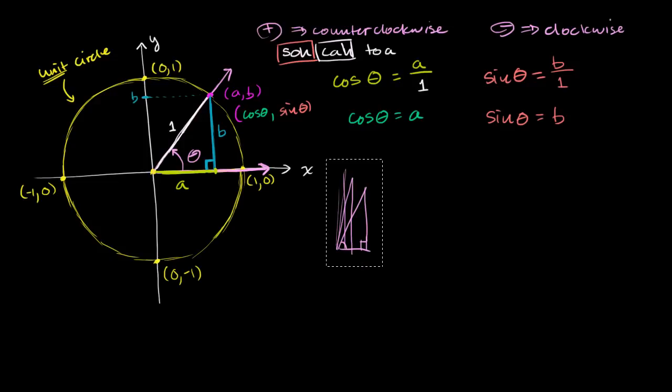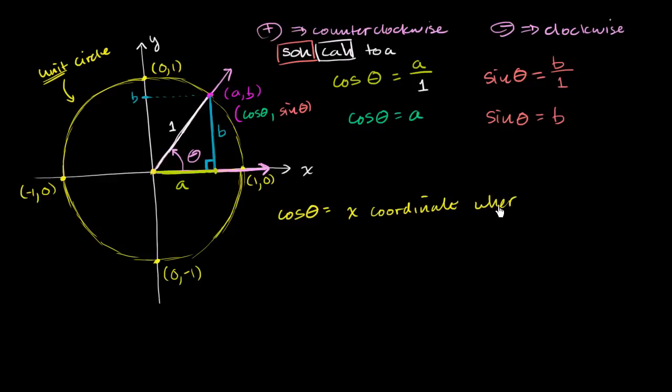So let's see if we can use what we set up here. Let's set up a new definition of our trig functions, which is really an extension of SOHCAHTOA, and is consistent with SOHCAHTOA. Instead of defining cosine as, if I have a right triangle, the adjacent over the hypotenuse, sine as the opposite over the hypotenuse, tangent as opposite over adjacent, why don't I just say, for any angle, I can draw it in the unit circle using this convention that I just set up, and let's just say that the cosine of our angle is equal to the x-coordinate